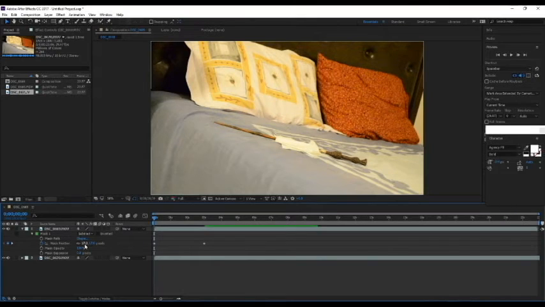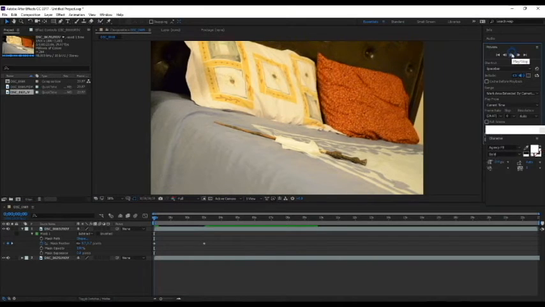So that's 17. That might be a little too much. Try 9 point, yeah, 9.7 should do the trick. That's the value I had for the actual short film. And so now you can't really see those anymore, and now it looks a lot more realistic. So if we play that again,